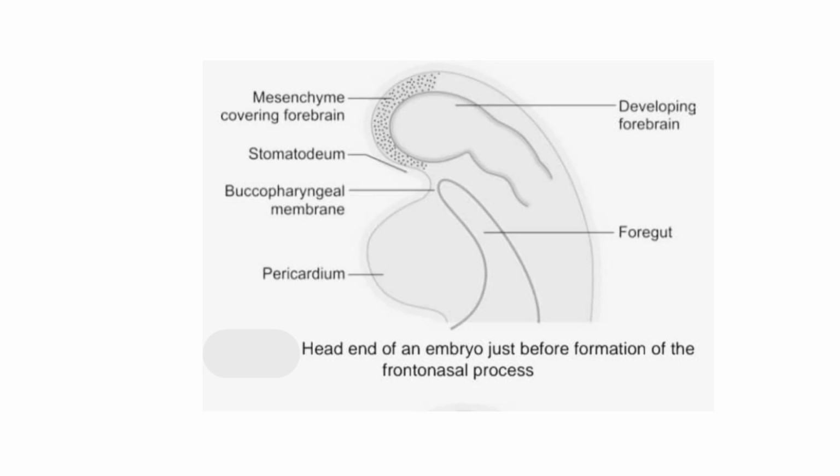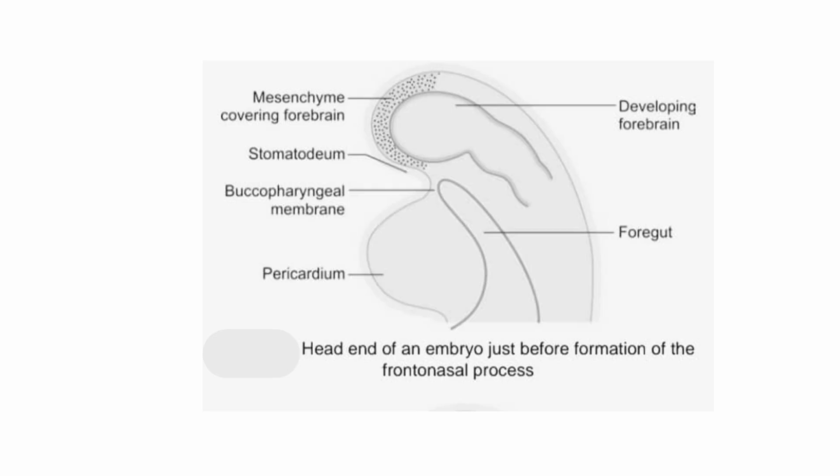During the 4th week of development, after formation of the head fold, two prominent bulges appear on the ventral aspect of the embryo. These two bulges are cranially the brain, which is in formation, and the second bulge is the pericardium. These two bulges are separated by the stomodeum, and the floor of the stomodeum is formed by the buccopharyngeal membrane, which separates it from the foregut as seen in the